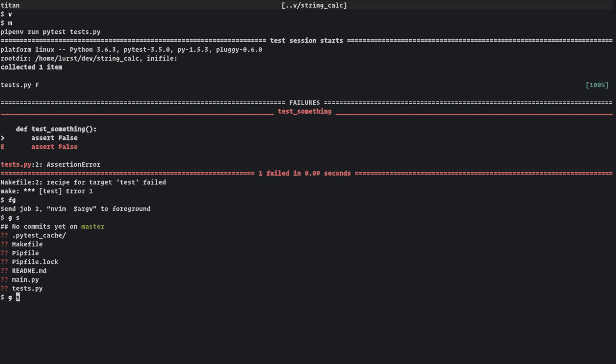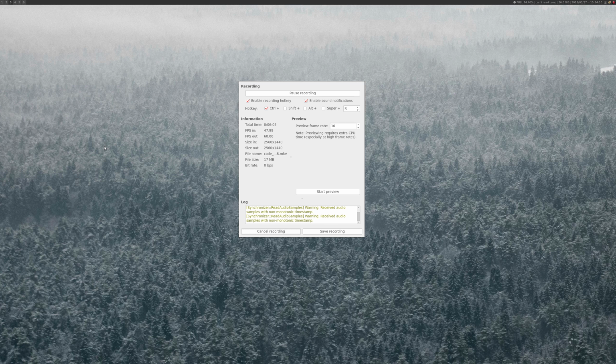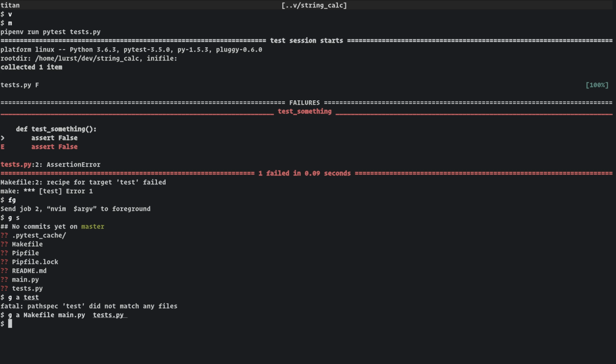Also, G is my Git alias, and I'm using the fish shell. So let's see, we want to add everything, but not the pip stuff, the PyTest cache and everything. Let's add the tests. Let me just check. Yes, we are recording.